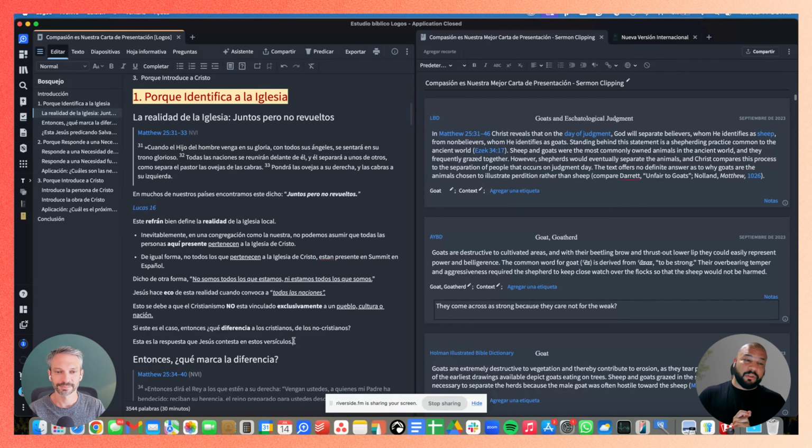But there's a couple of things that I really invest in in my Logos. Even though I use it for my research in English, as a Hispanic or someone who speaks Spanish, I need to have this. There are Spanish Bibles, so I go on Logos and I try to purchase as many Spanish Bibles as I can, because those are the ones that I will be using for teaching, preaching, and also doing some version comparisons. Spanish, Greek, and Hebrew interlinears, I believe that's what you call them,